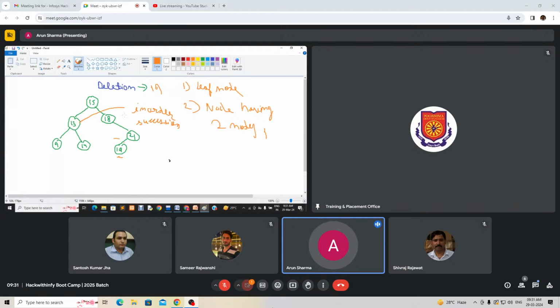Successor means I will find its in-order traversal, then the next node after 13 I will